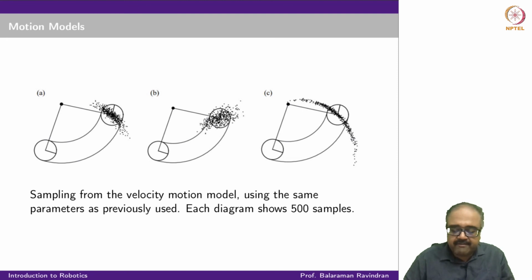Just like what we saw earlier, if I draw say 500 particles, this A, B and C correspond to the same alpha settings that we had in the previous figures A, B and C. You can see here, for moderate error, a moderate spread in both the angle and the velocities. In this case, the velocity error is higher but angular error is smaller, and in this case the velocity error is smaller and the angular error is higher. You can see the particles getting smeared out exactly the way we saw the distributions getting modeled in the previous case.